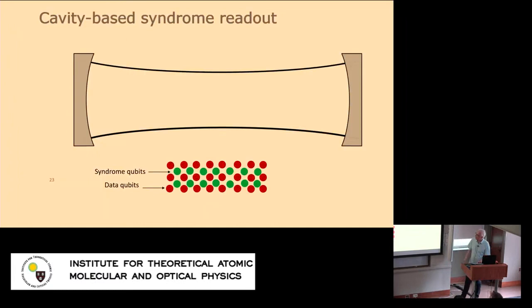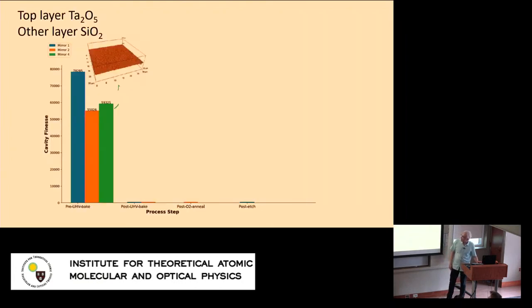Maybe now this is for the experimentalist. When we tried to put a high finesse cavity into our system, we got some very good mirrors from Monica that she has in one of her systems, and she also saw the cavity degrade. She tried to build a nearly concentric cavity, right? And it wasn't quite clear, but the finesse after baking was just much worse. And unfortunately, we experienced the same thing.